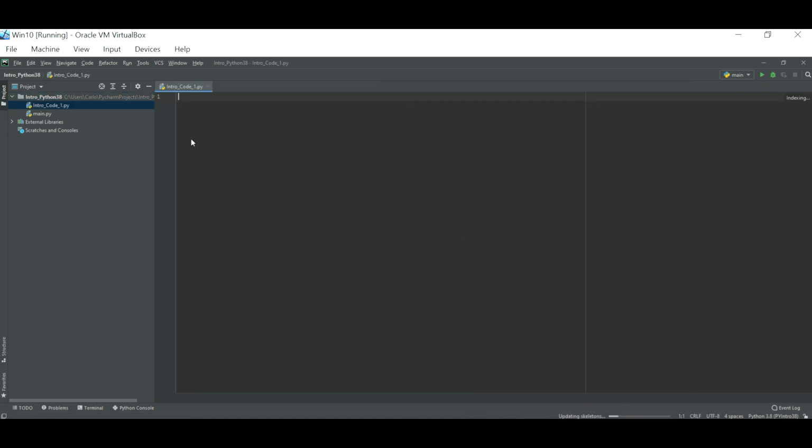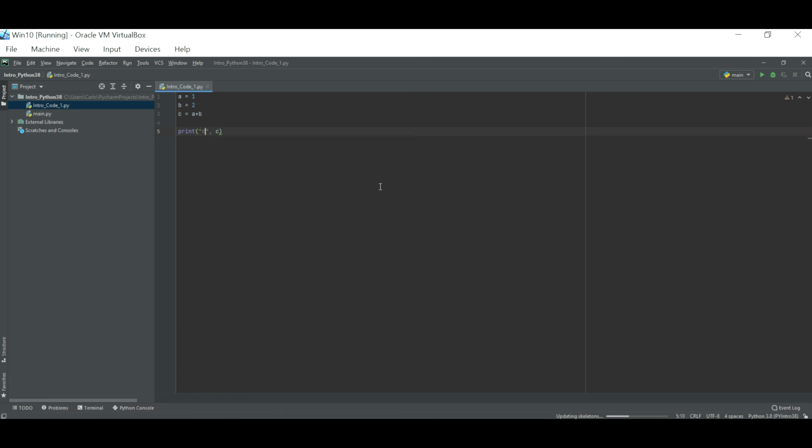Enter, because the .py, the Python extension, will be added by PyCharm. So it's right here. So if you do A equals 1 and B equals 2 and do C equals A plus B, and if you do print C,